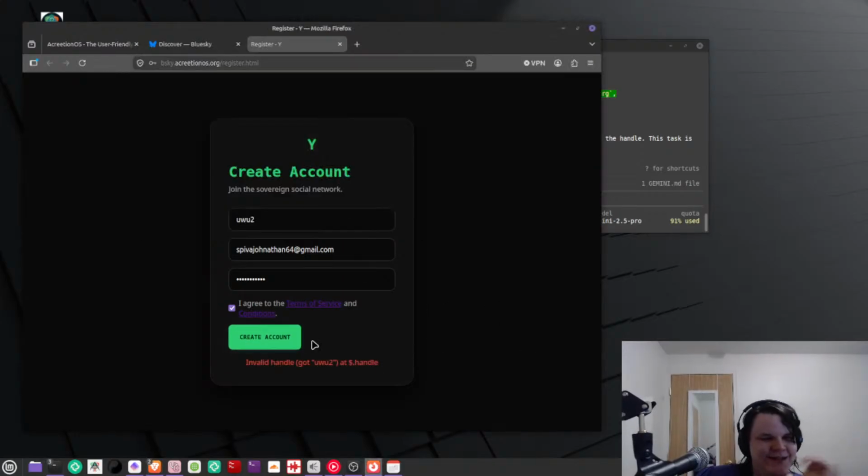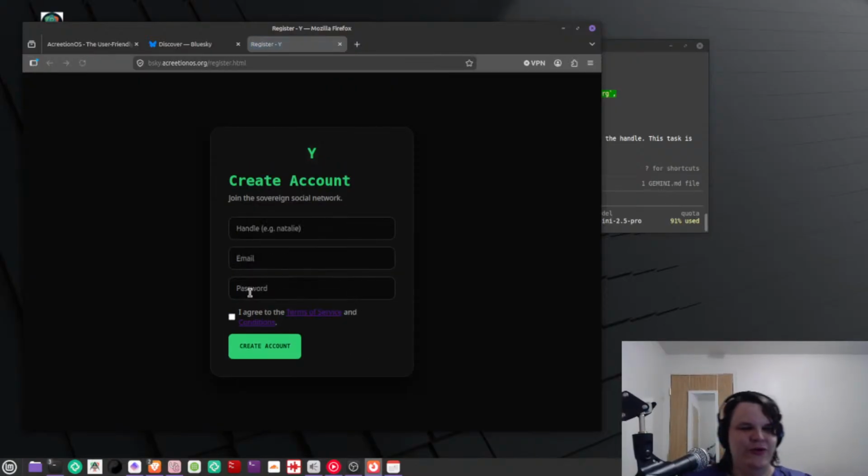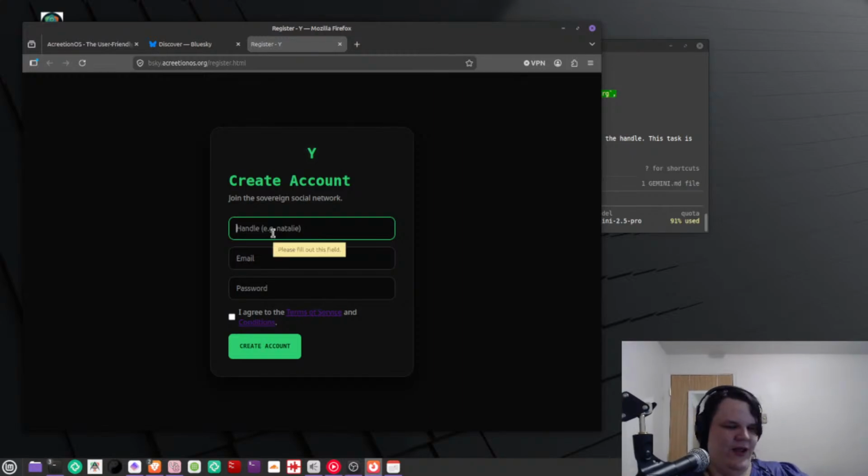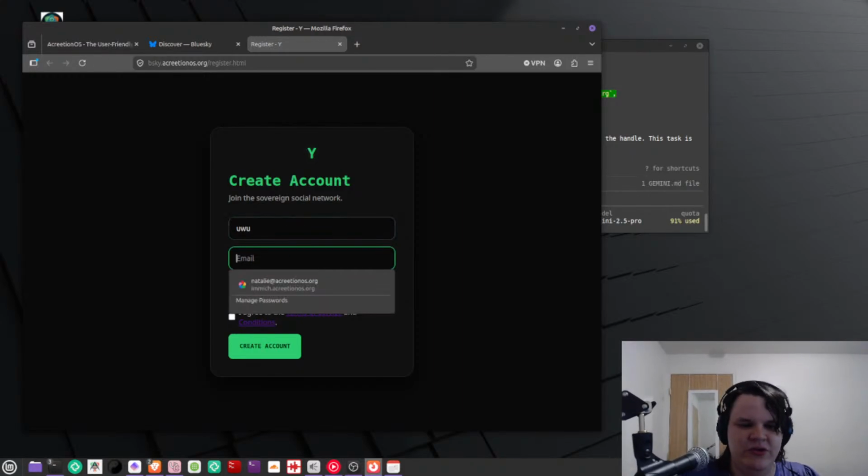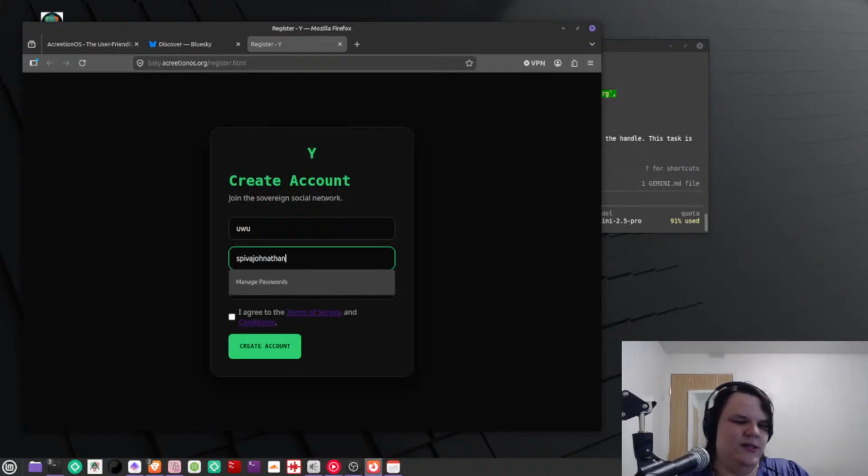Okay, let's see if it works now. It doesn't work. Actually, no. Let's do a force refresh. It might be looking at a cache. Remember, so we're gonna do a handle. Uwu tail. Let's do Uwu. My hands hurt. It's so bad.